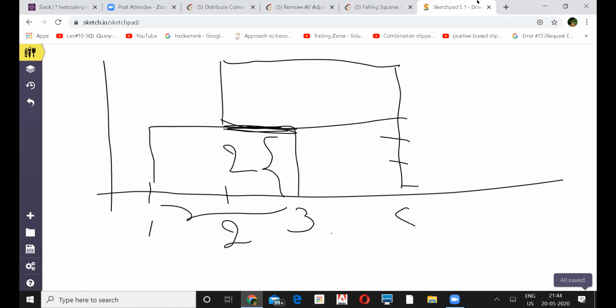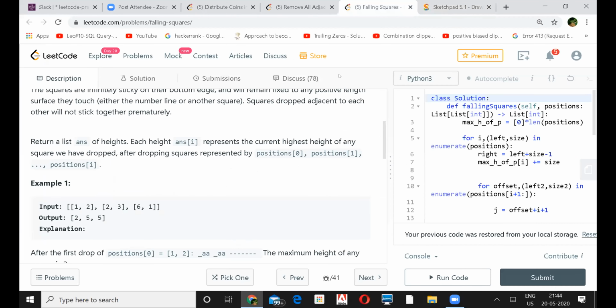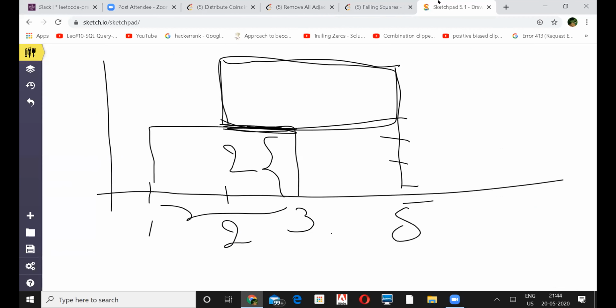So you will come at 5, this portion, this square will be here, and after that they are saying 6, and they are starting from 6. If they are starting from 6, that means it will be here. Here means from ground here it will be 6, and is going for 1. So if it starts from 6 going 1, that means it will be 7.